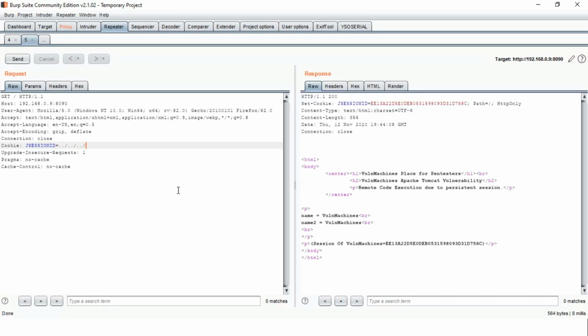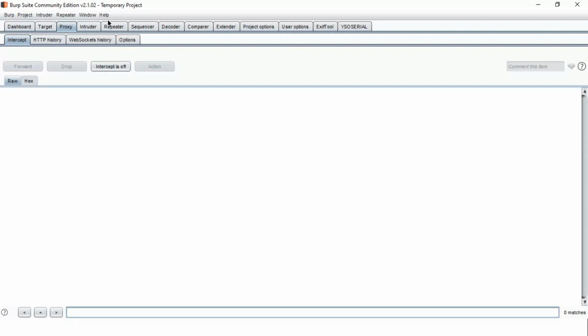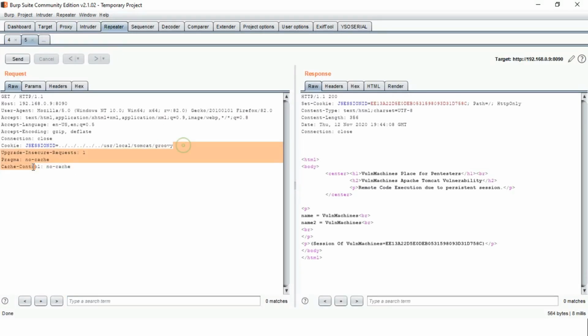As I mentioned earlier, we are going to control this JSESSIONID and pass this payload in the JSESSIONID cookie. And here user, local, Tomcat and Groovy, and just interception on, off, passing this payload.